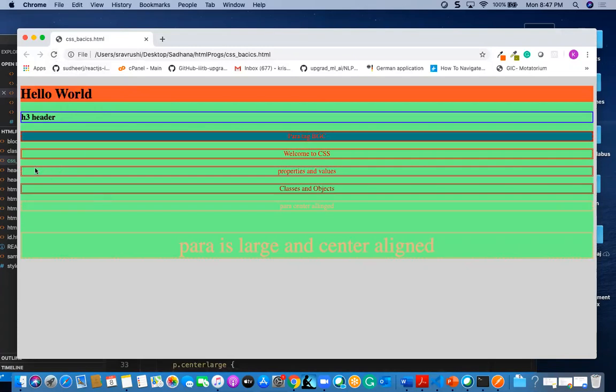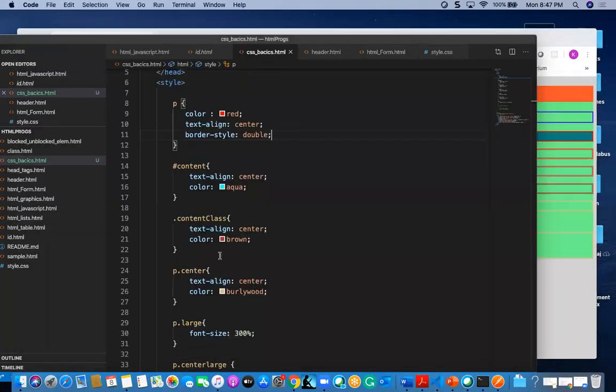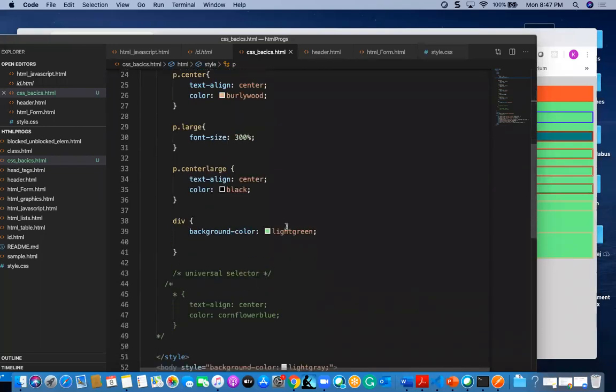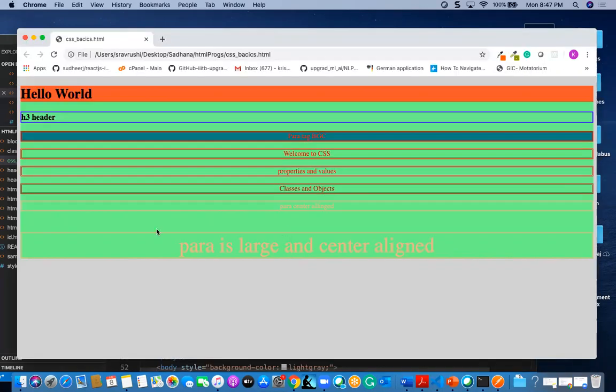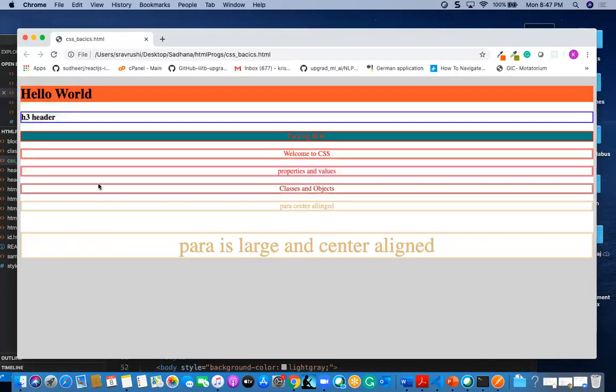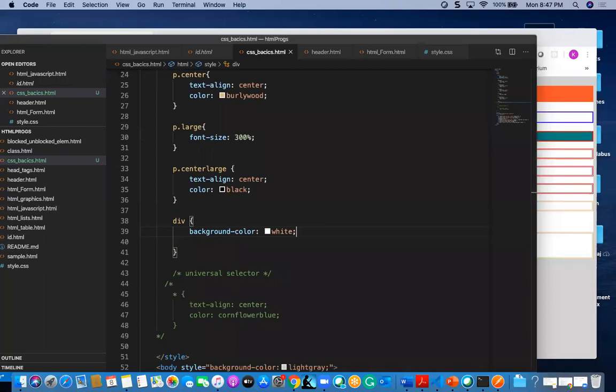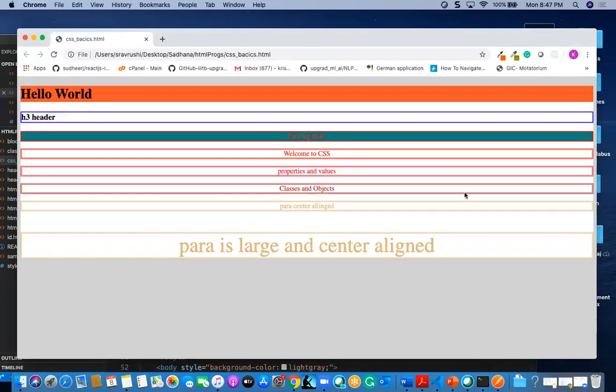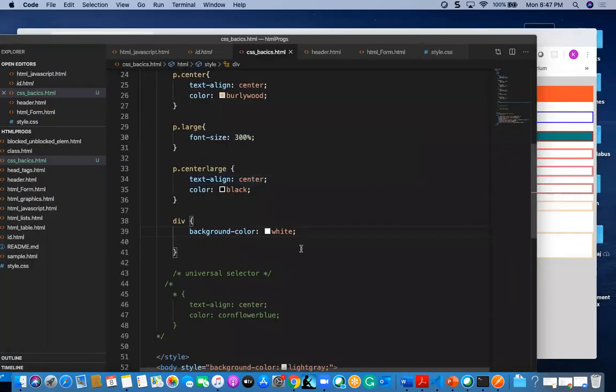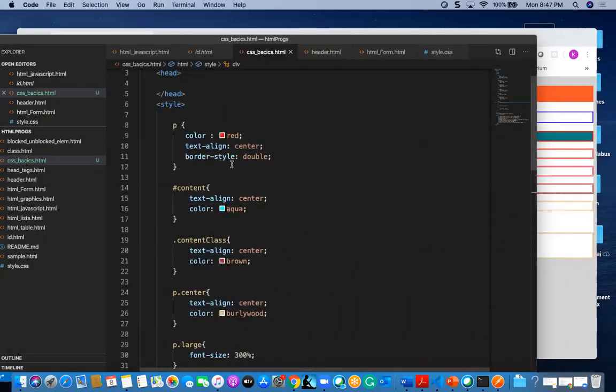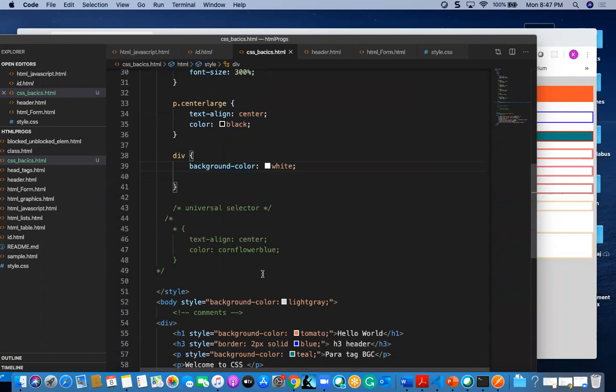Where you can find two lines here. I will make it white so you can see. You can find a double kind of border here, and we have none and hidden.